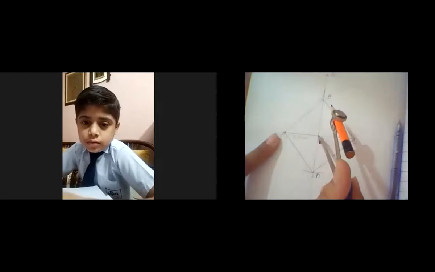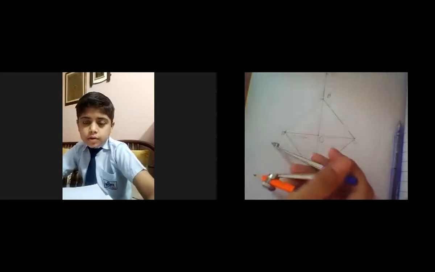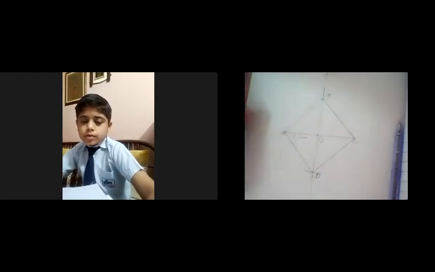Now we have to draw 2 arcs, one upward and one downward. Okay? Is it clear now? One upward, one downward, and then this is your B and D, and according to your figure you are having PR, so this is your Q and this is your S. Now is it clear?